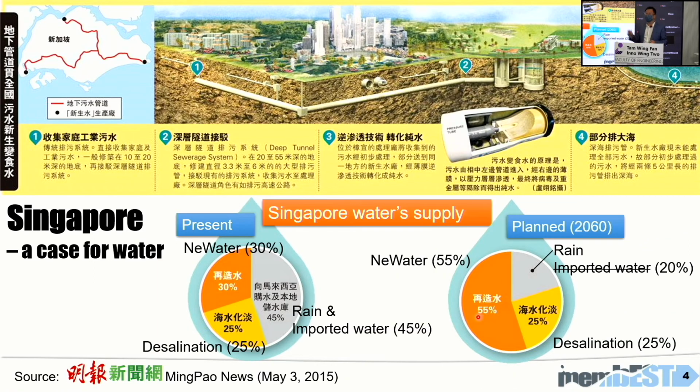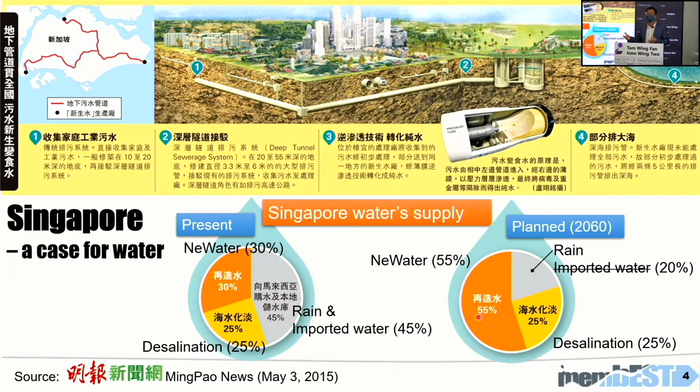Now, Singapore sets a very interesting example. If you look at Singapore, the setting is pretty similar to Hong Kong, in terms of population density and in terms of available water resources. Singapore does not have enough water resources. So traditionally, they bought 50% of their drinking water from Malaysia. And because they realized the contract price was escalating exponentially, they decided to go for alternative water resources, such as desalination of seawater and